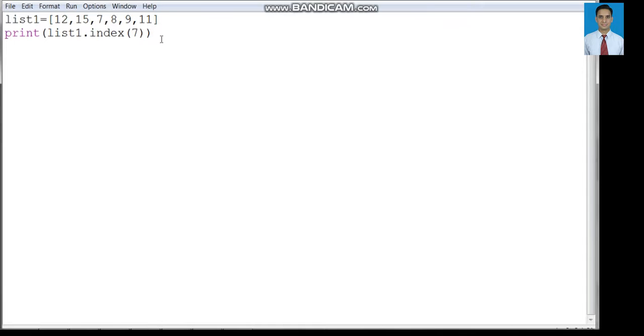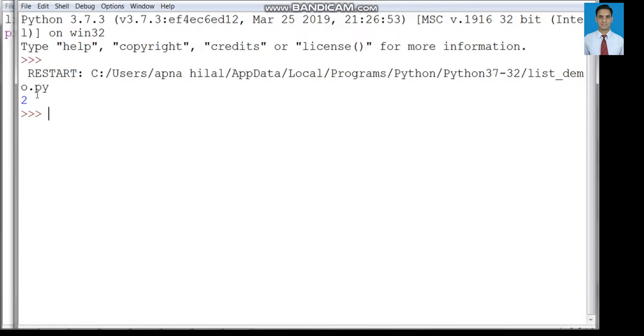So the output will be list.index of 7, meaning the element 7 in list lst1. The output should be 2 because 7 is at location number 2 within the list lst1. So let us save it and run it. Yes, the result is 2.